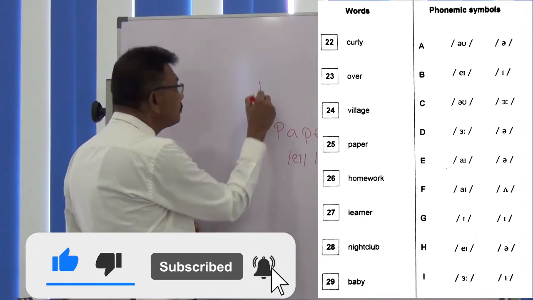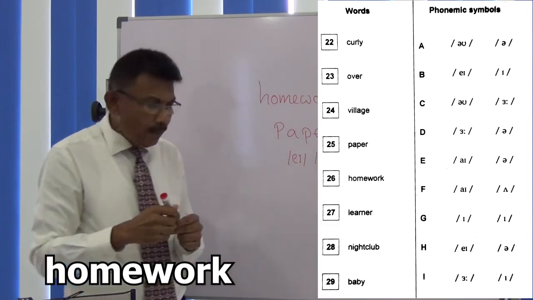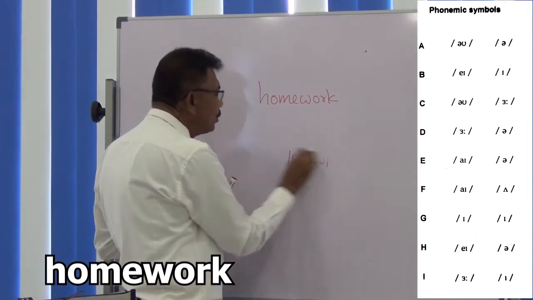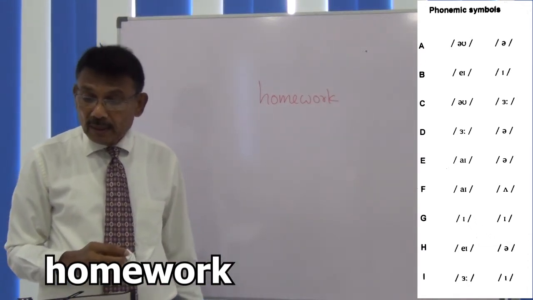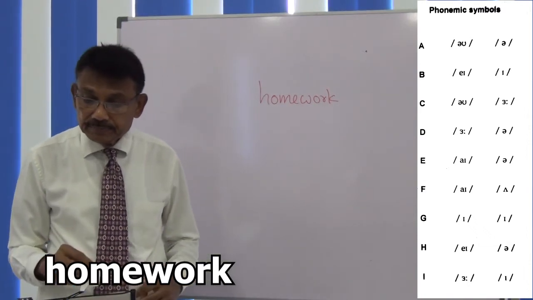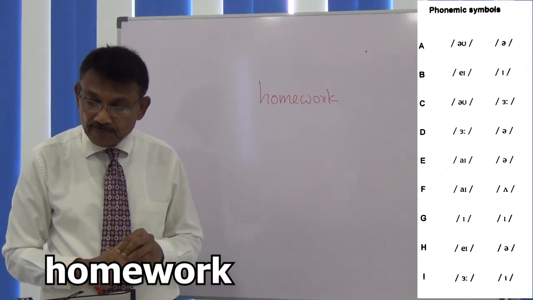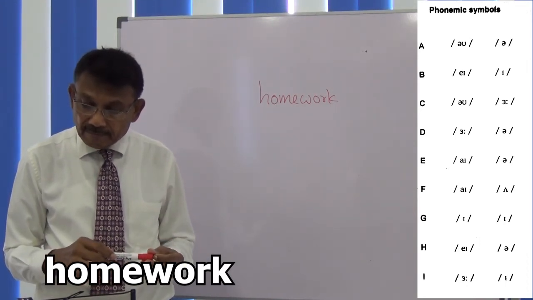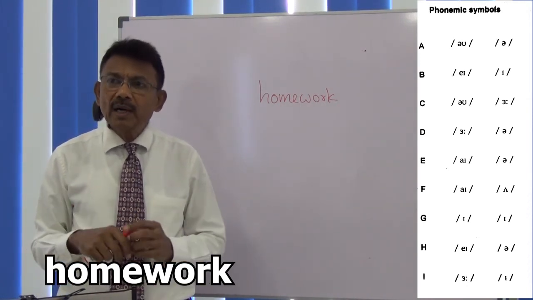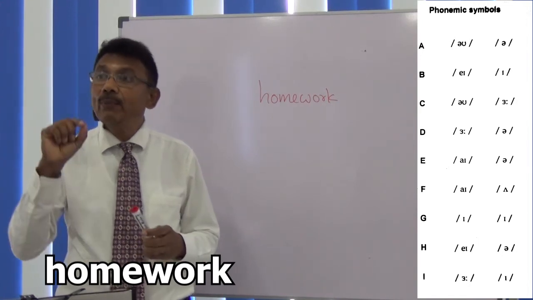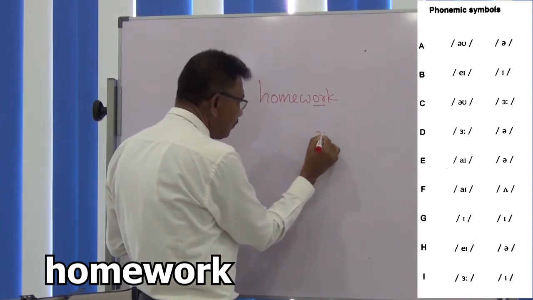This one. Okay. Now try this. How do you pronounce this word, and what are the vowel sounds? Yes? What are the two vowel sounds? What are the phonemic symbols? Let's see. How do you say this? Many people say homework. Work is okay. Work. There is a sound. This part has a. Right?